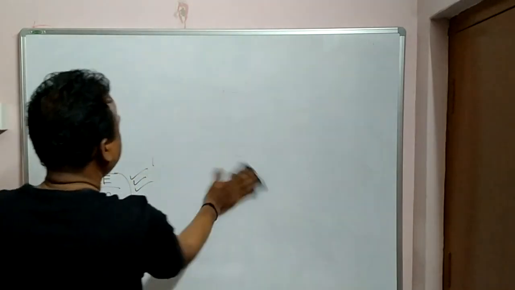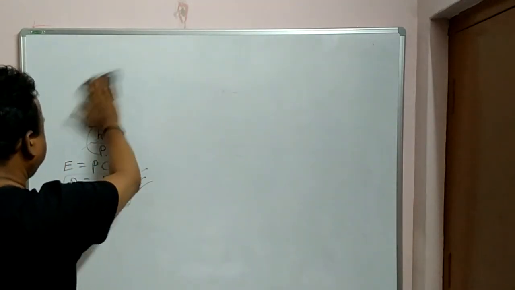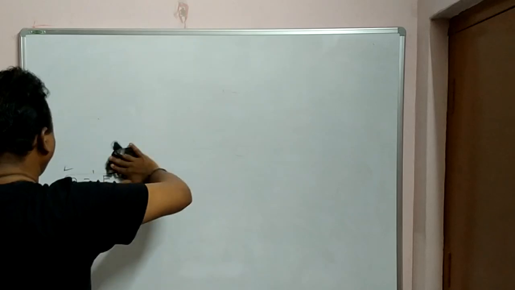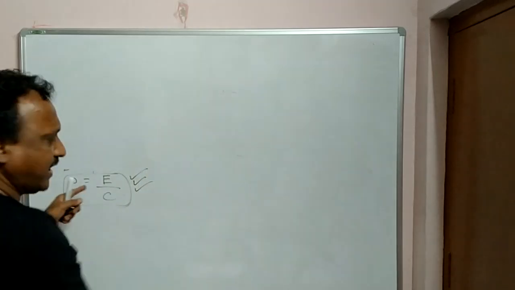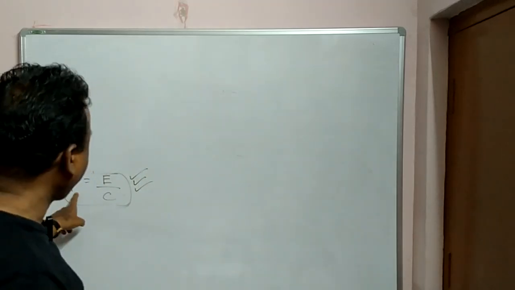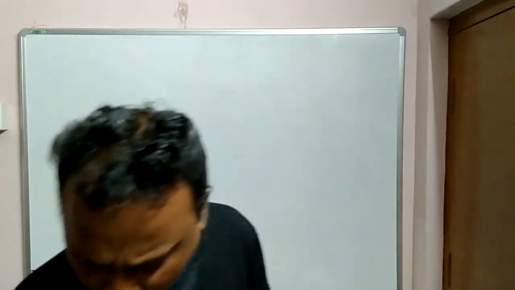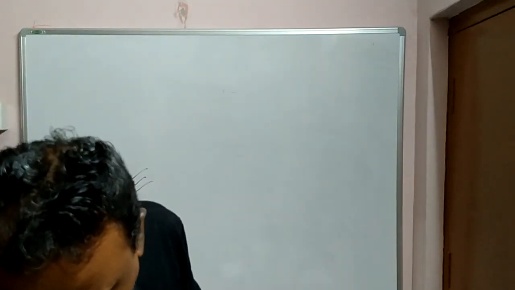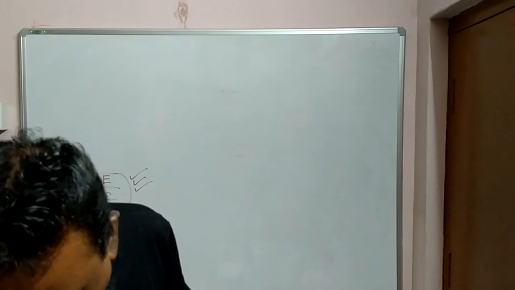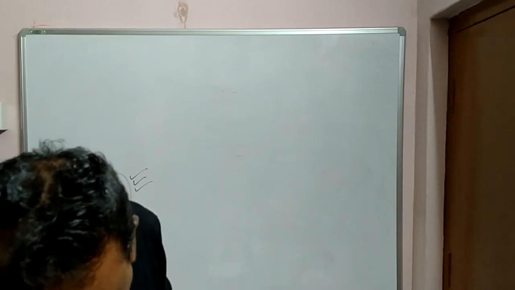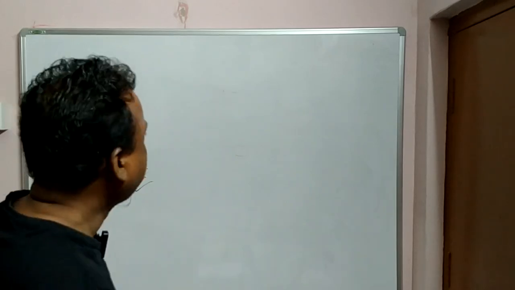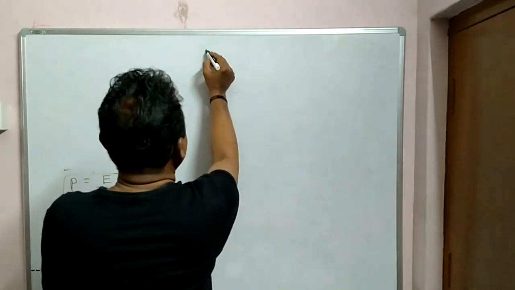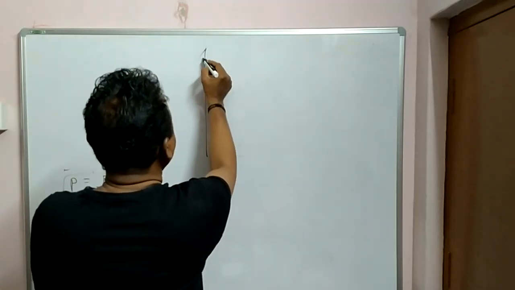Clear? So now let us go to the next one. Please note down this formula, that is, momentum of electromagnetic wave is given by E by c, energy by speed of light. Now we'll go to the second last item which is left over, that is reflection of surfaces. That means when the surface is reflecting, suppose this is the surface,